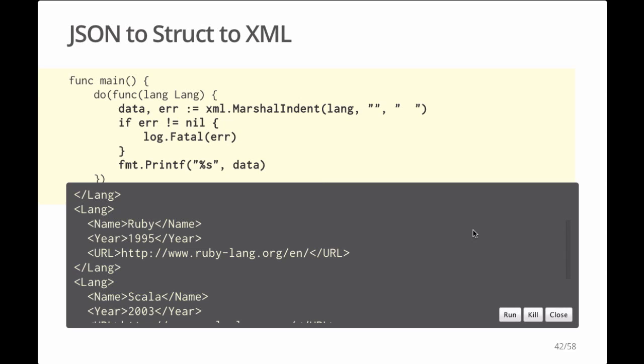Now notice that we defined the lang type and its 3 fields, but we did nothing else to explain how that data corresponds to JSON or XML decoding. The JSON and XML packages use reflection to give us decoders and encoders, and this program does both of these operations. It's a JSON to XML converter with no work on our part dealing with explicit JSON or XML trees. This is one of my favorite uses of reflection.